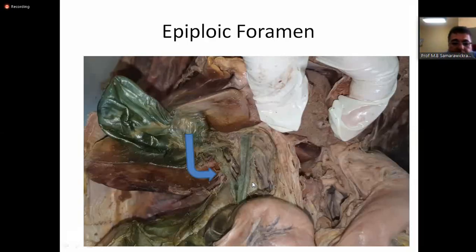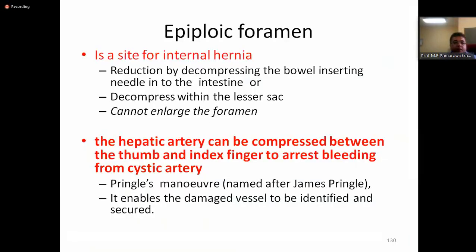You can see it clearly, and through that you go into the lesser sac. So it's a site for internal hernia. The hepatic artery can be compressed between the thumb and index finger to arrest bleeding from the cystic artery, inserting the index finger into the epiploic foramen and thumb over the free border of the lesser sac,